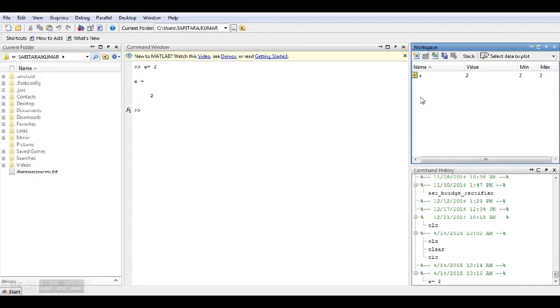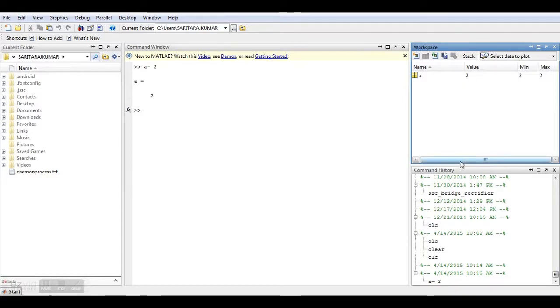I have already told you that MATLAB only deals with arrays of elements. So every element, whatever value you give, whether a single value or a double value, is shown as a group of characters. That means the minimum value is 2 as well as the maximum value is 2.